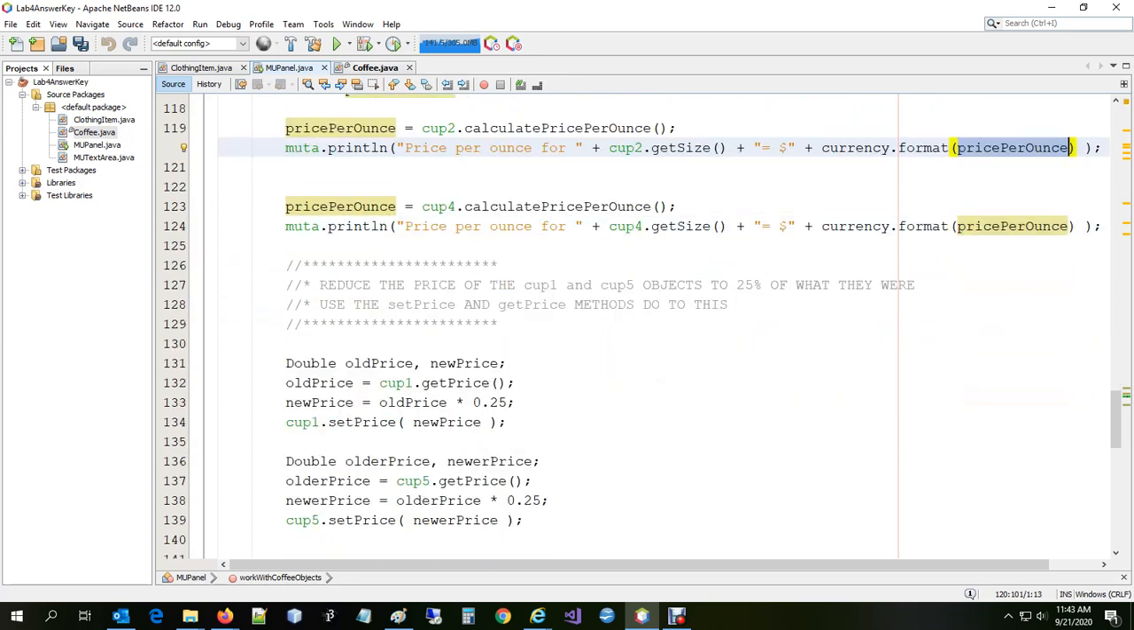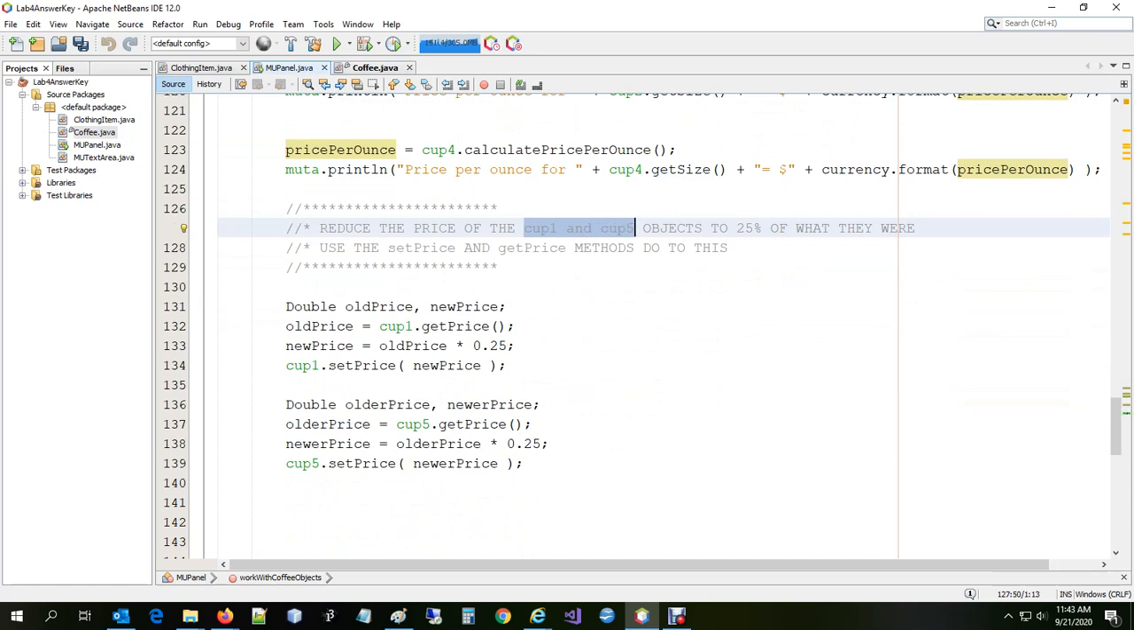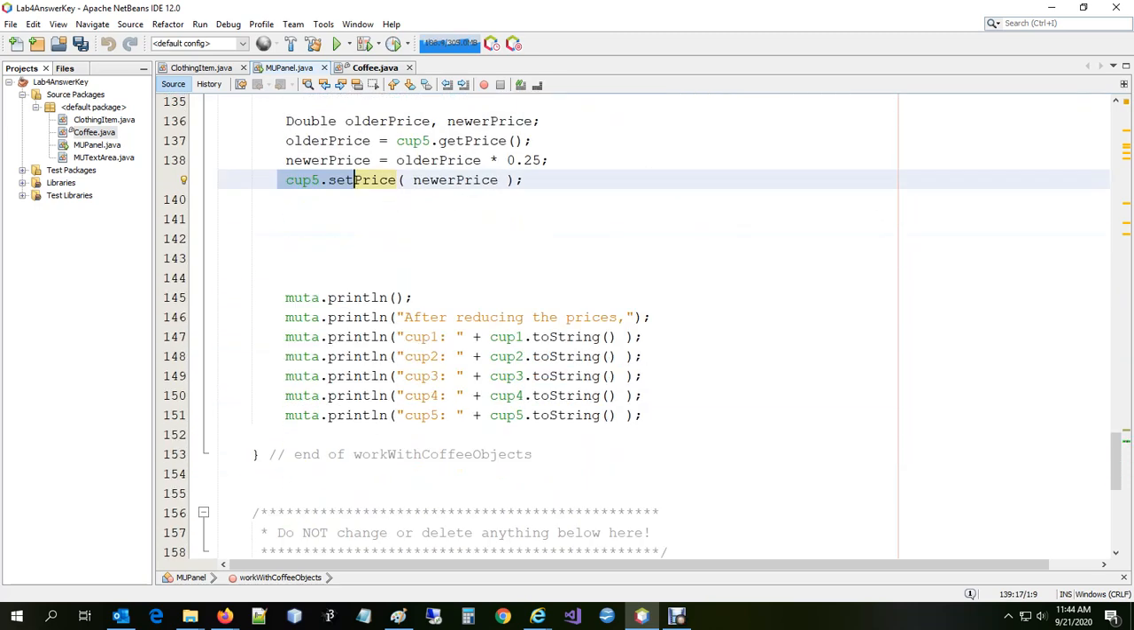And then reduce the price of cup 1 and cup 5 to 25% of what they were. So we get the price of cup 1 and store that in old price, and then multiply by 0.25 and store that in new price, and then we set the price of cup 1 to new price. And similarly for cup 5. Okay, and then after reducing the prices, we just call the toString again. So if we run this,